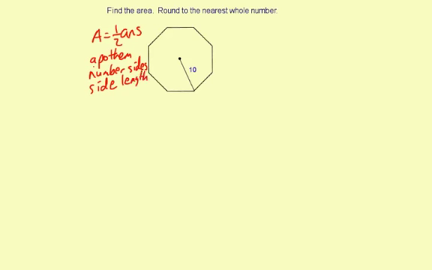So we need to find these three values out, and then we can solve for the area of the regular polygon. Now this is an octagon. And figuring out the apothem, we first need to find out what the measure of the central angle is for one of these triangles. And notice that if you were to draw all these,